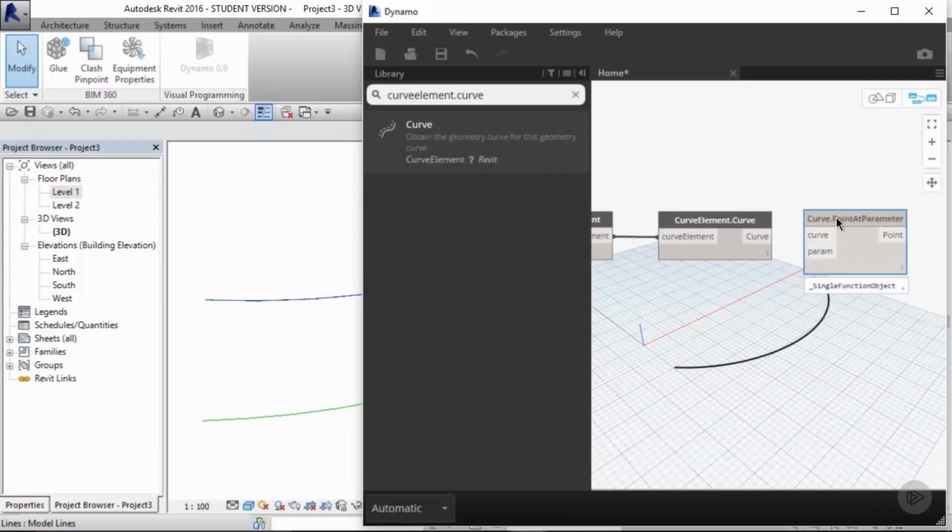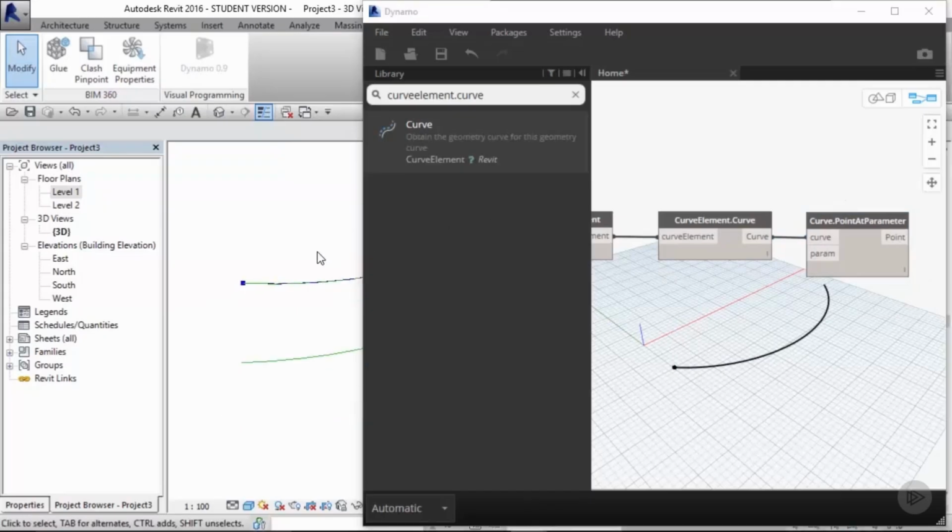These are not easy to memorize, and my suggestion would be to make sure that you save all of your work so that you can reference it at a later time should you need to do some sort of similar conversion. Now that we've connected the model curve through the curveElement.curve, and then connected the output to the curve.pointAtParameter,